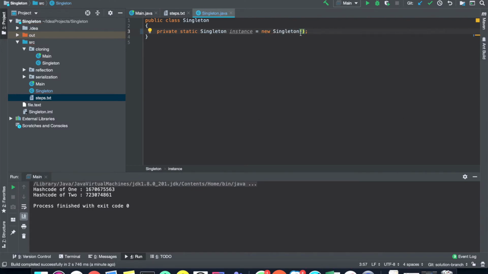This line decides that it is the eager approach: we are creating the object at the first level.